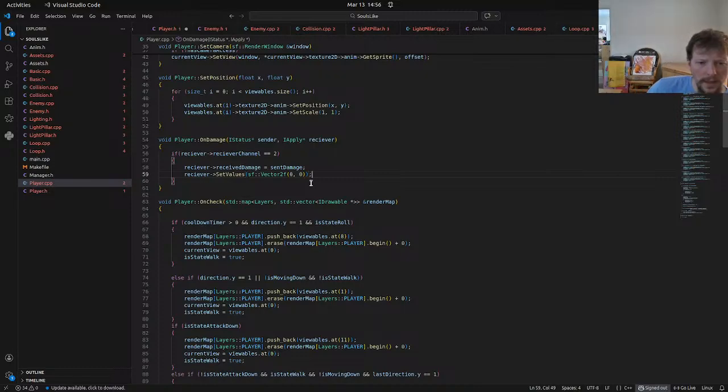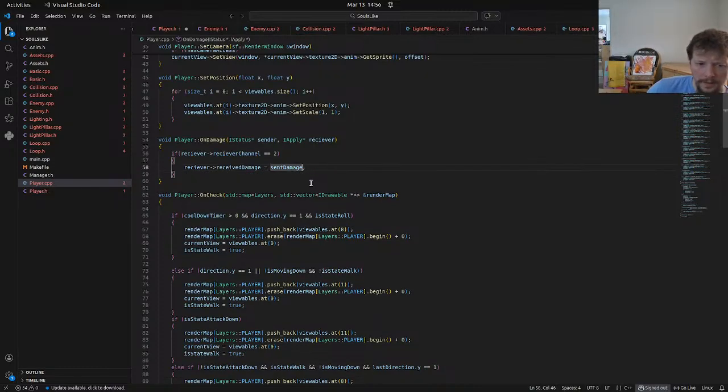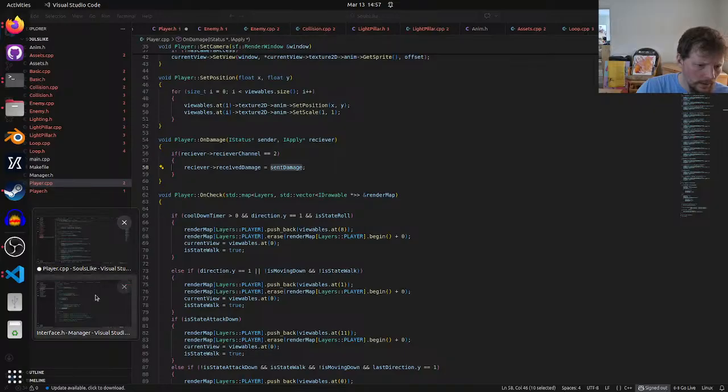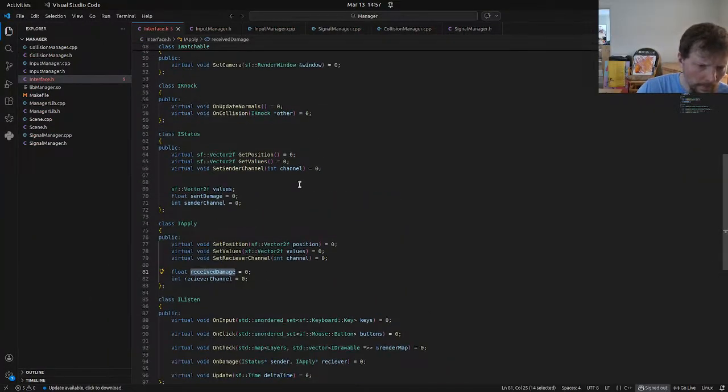Actually, not even set values, because that's going to be handled already. This right here simply should do the change itself, right? Because if we say receive damage, so receiver's receive damage is the sent damage,